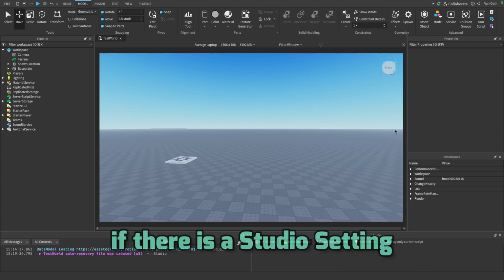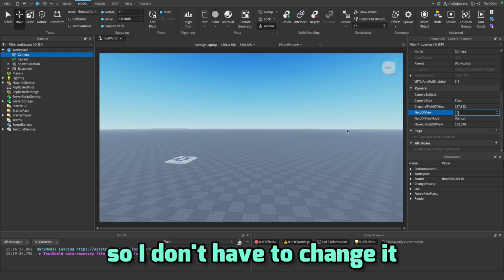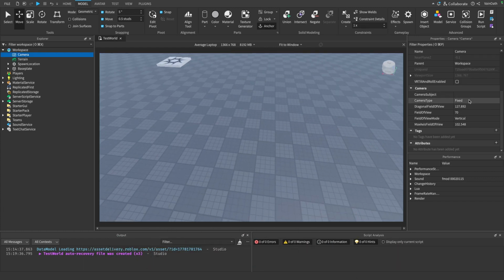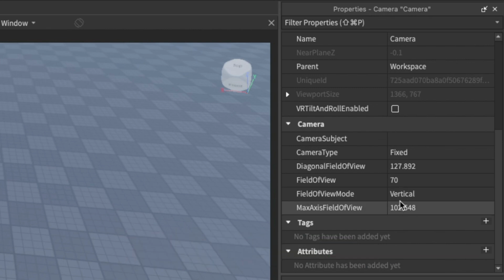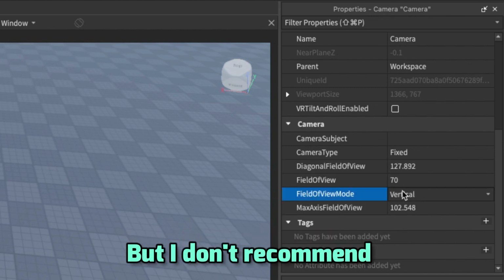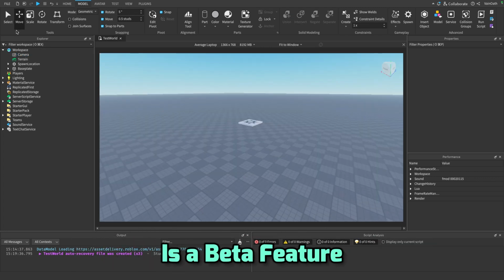I'm not sure if there's a studio setting out for that yet. I always keep it at the basic 70 so I don't have to change it, and 70 usually works out just fine for me. Also, do not change any of these other settings. I guess you could change max axis field of view, diagonal field of view, but I don't recommend changing any of the other ones. Now, the last thing I want to cover is a beta feature, which is also known